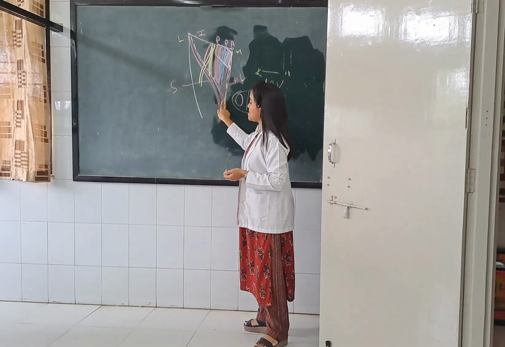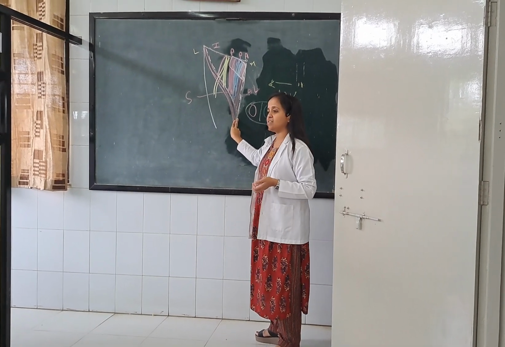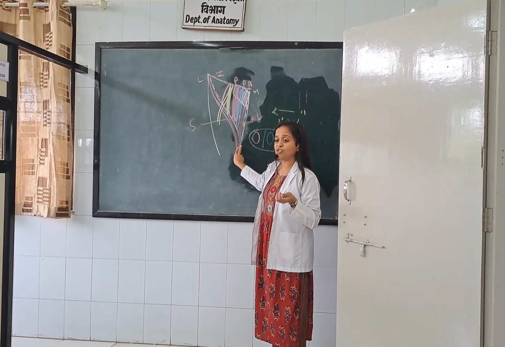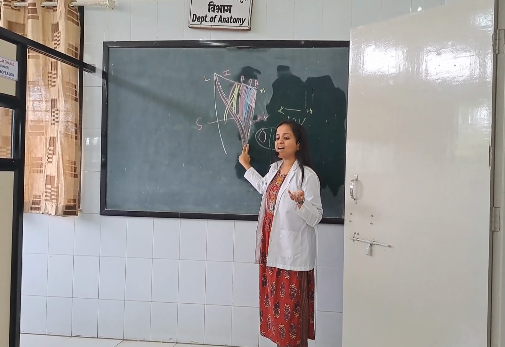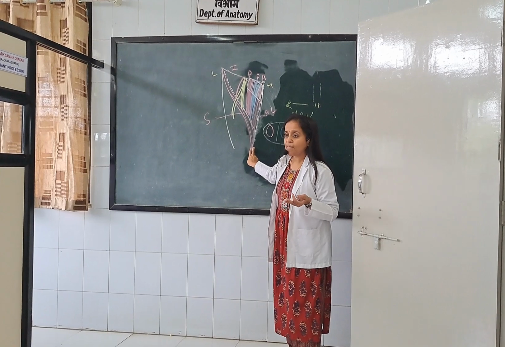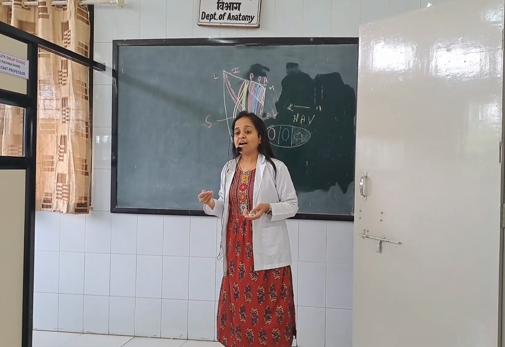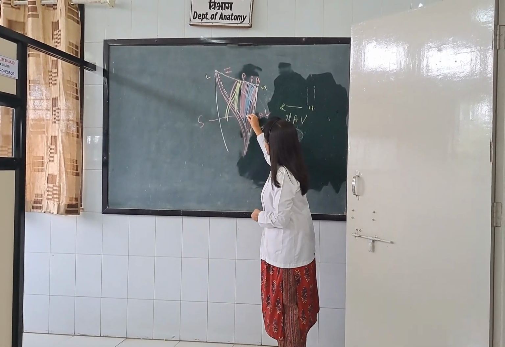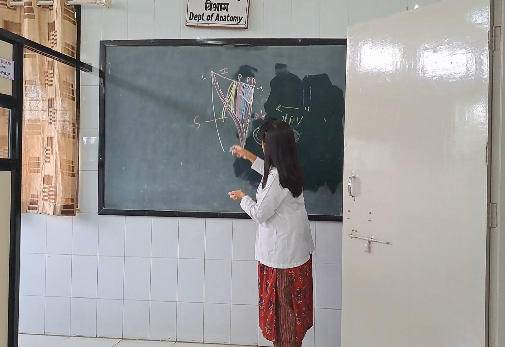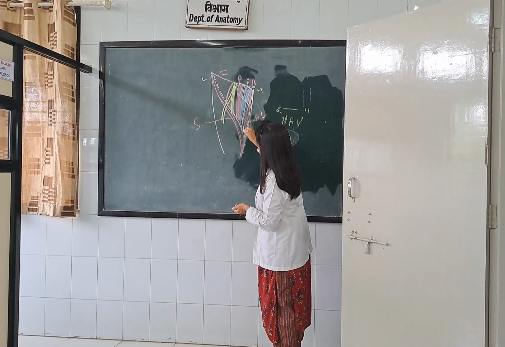Now this is the apex of the femoral triangle. After this, just near the knee joint, on the medial side of the knee joint, this apex will continue as the adductor canal. Adductor canal is also known as Hunter's canal. Now what is the importance of the adductor canal? It takes the femoral vein and femoral artery to the back side of the knee joint, that is, it takes the contents to the popliteal fossa. So that is a small passage on the medial side near the apex of the femoral triangle.